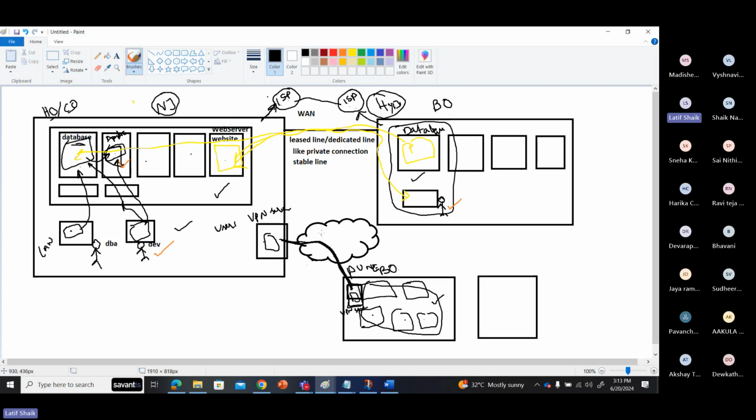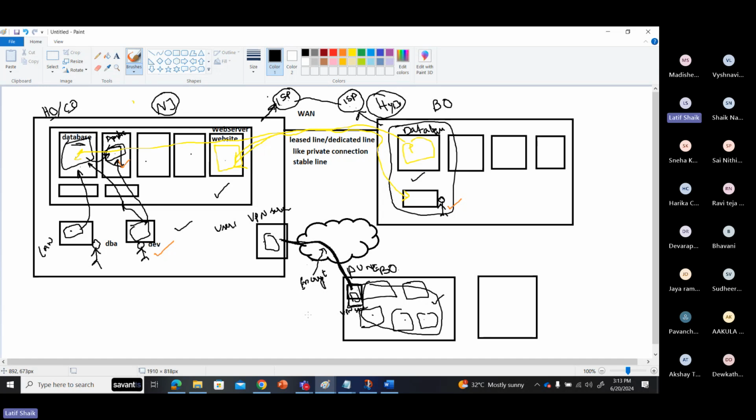What is the advantage? The tunnel is encrypted. So if anybody tries to steal your data, they cannot do it. If anybody tries to alter your data, they cannot do it. No one can enter into your network.